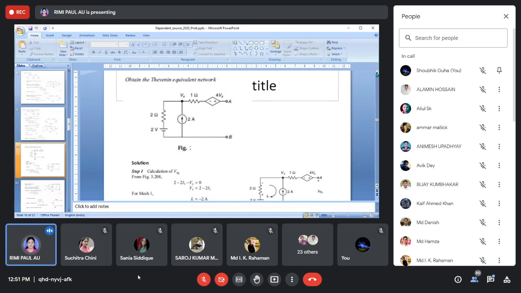One is independent source where the supply is DC. Another is where the supply is DC but the circuit contains both independent as well as dependent sources. And in case of AC, we'll solve the independent source problem. There is no dependent source, because I think you can handle it, but it needs time. If it is required in any problem, I will show you. Mainly 3 types of problems for different cases, not only this theorem problem.